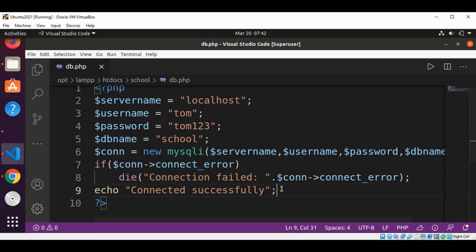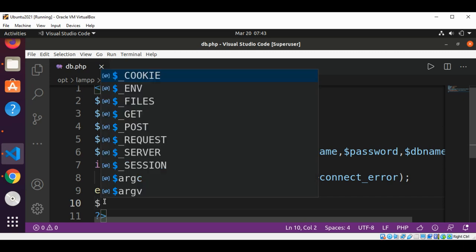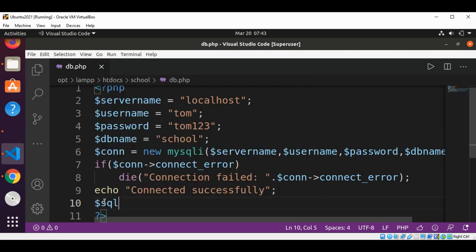Now I will add a query to create a table, and this table will be created only once. So I will add a create table if not exist statement. So I will define a string. This will be SQL, and SQL to create table. So over here,